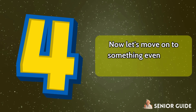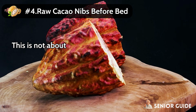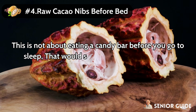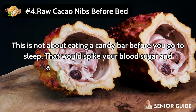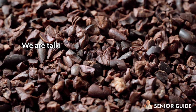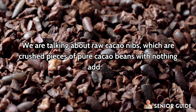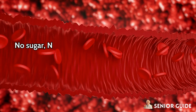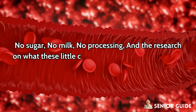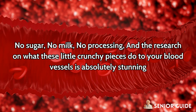Now, let's move on to something even more powerful at number 4. Number 4. Raw cacao nibs before bed. This is not about eating a candy bar before you go to sleep. That would spike your blood sugar and actually make circulation worse. We are talking about raw cacao nibs, which are crushed pieces of pure cacao beans with nothing added, no sugar, no milk, no processing. And the research on what these little crunchy pieces do to your blood vessels is absolutely